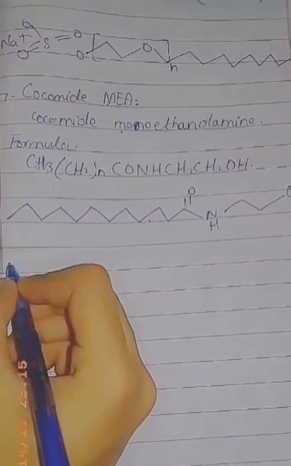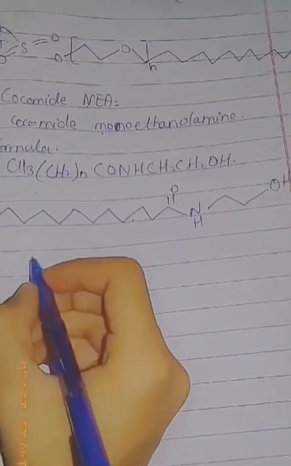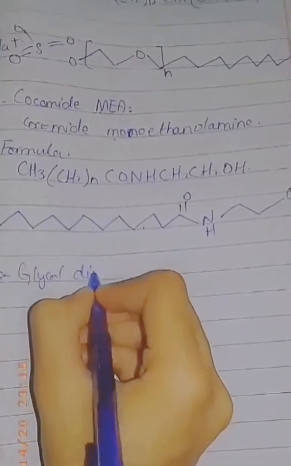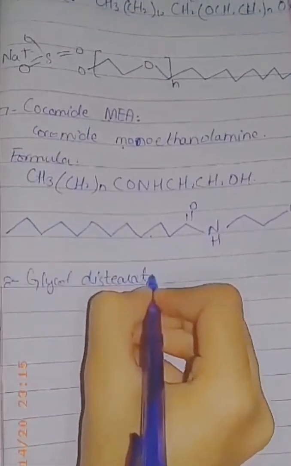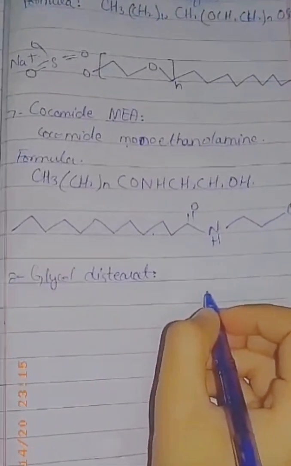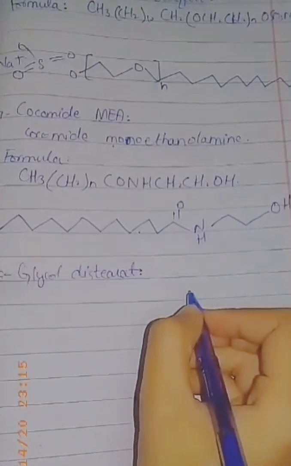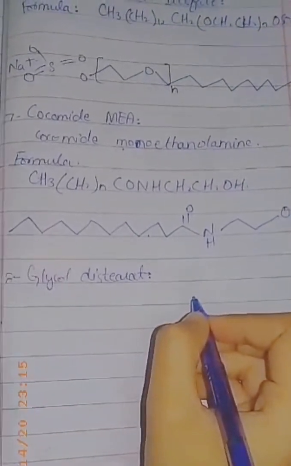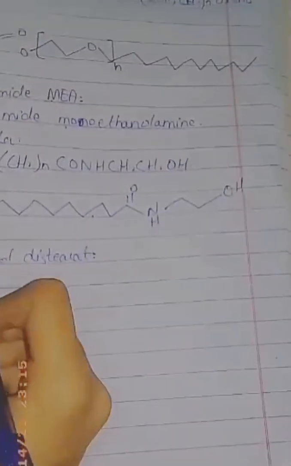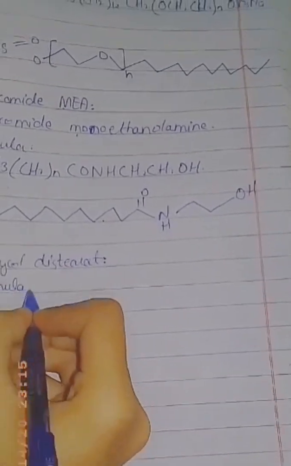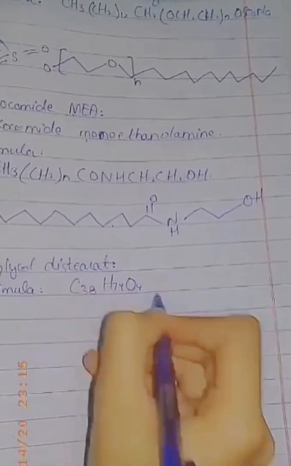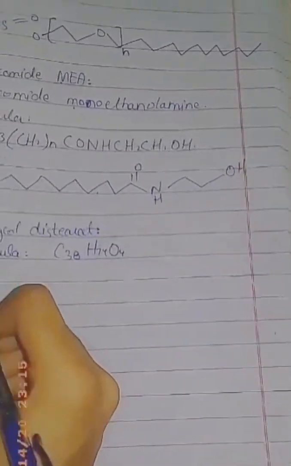After Cocoamide MEA there is glycol distearate. Glycol distearate is a diester of stearic acid and ethylene glycol and most commonly encountered in personal care products and cosmetics where it is used to produce moisturizer or other substances etc. And its formula is C38H74O4 and its structure is